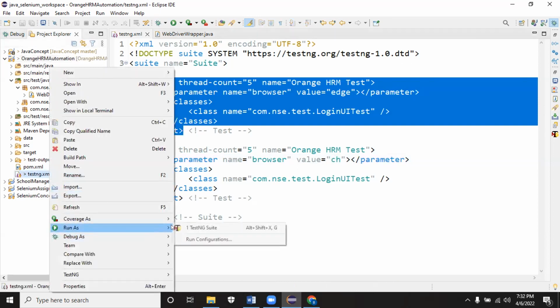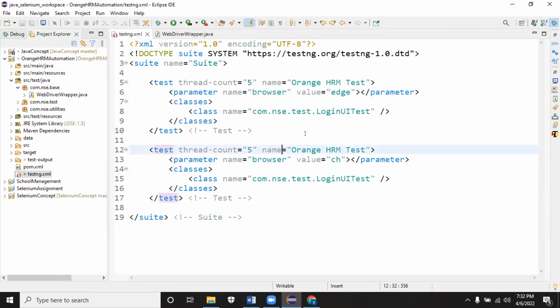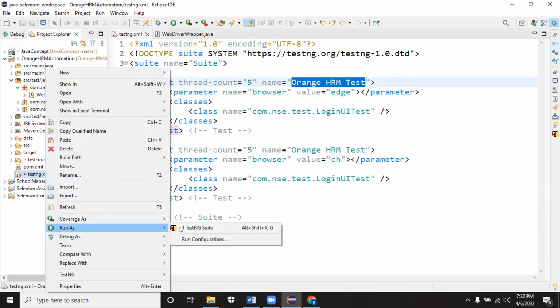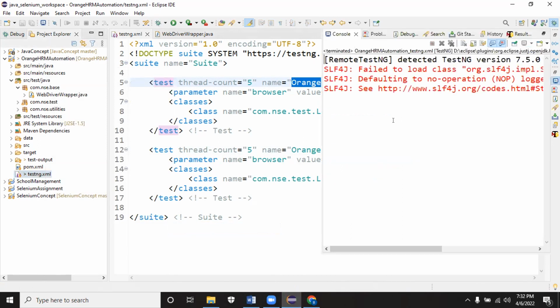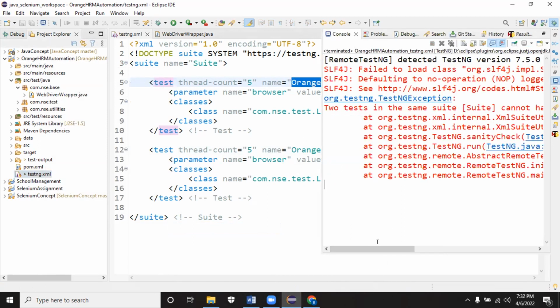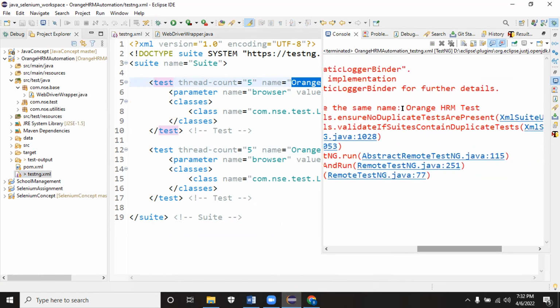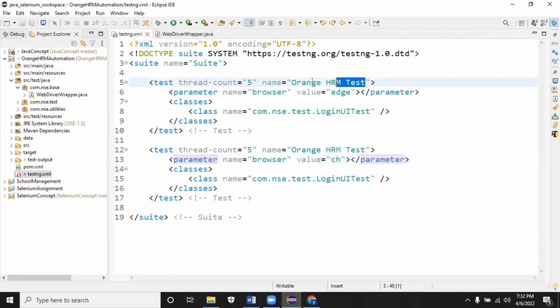So if I run this, you can see here 2 test tags will be running. The only thing you have to maintain is this particular test tag name should be unique. If you give a common name like this, you can see immediately it will throw an error saying that 2 test tags should have a different name. It cannot have the same name. So I'll just give login UI